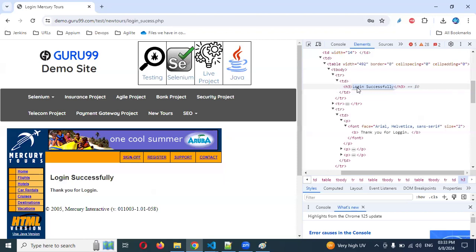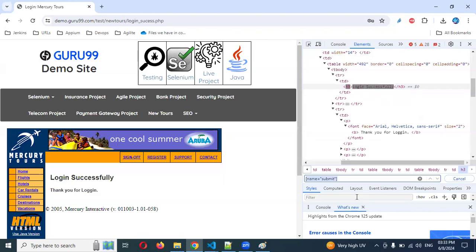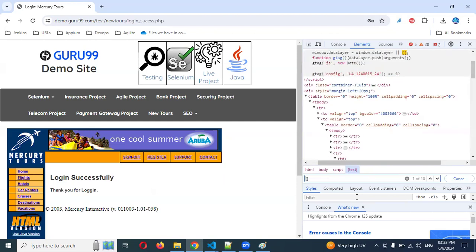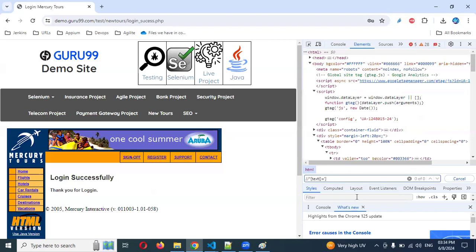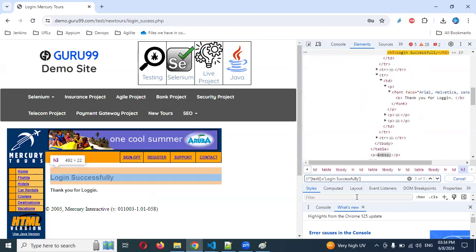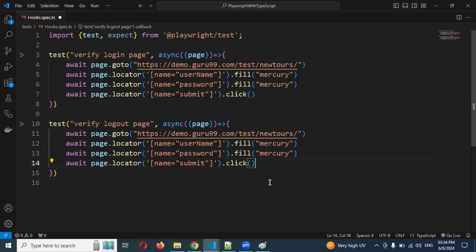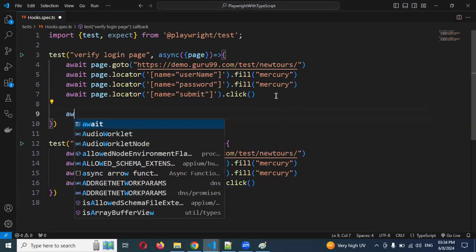We can take it here with Control F, and we can specify the text equal to single quotation and specify this one. Successful message is displayed. Okay. Now I'm coming back here. Await